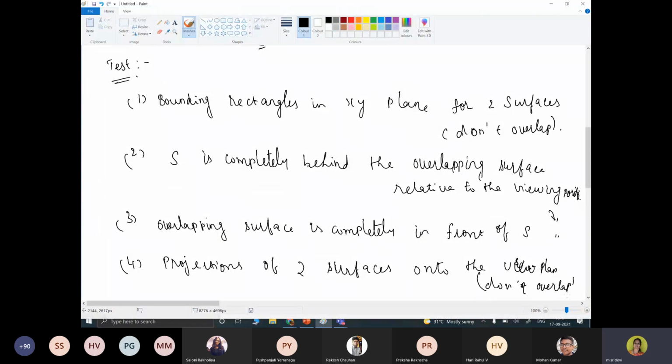Then we check whether an overlap occurs in the Y direction. If either of these directions shows no overlap, then the 2 surfaces cannot obscure one another.